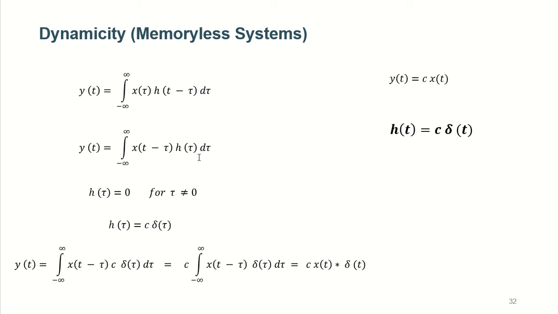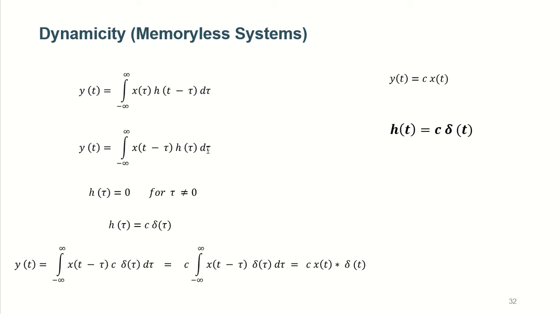Do you agree with me or not now? Because if h of tau, we are taking tau equals 0, which means h of 0, if that value would have been 0, that means what would have happened? If that value would be 0, then my whole output will be 0, right? Anything multiplied with 0 is 0. But that is not the case, which means my h of tau is evaluated